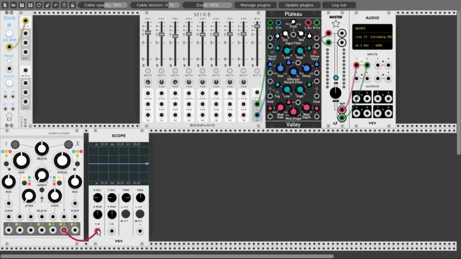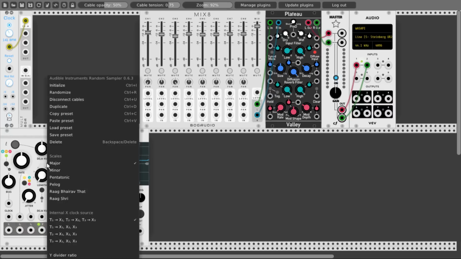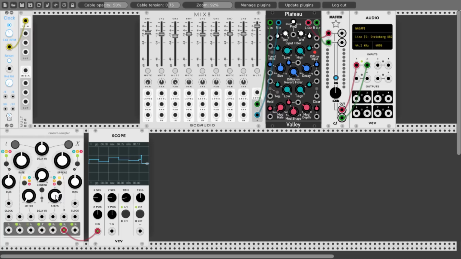With the steps knob, we can decide if we want full sample and hold at 12 o'clock like it is now. Turning the knob to the right will quantize the signal in different ways. Around 1 o'clock it will quantize to a chromatic scale, so we'll get all the notes. More to the right it will quantize to a scale that we can choose from the right click menu. We can choose major, minor, pentatonic and so on. And the more we turn it to the right, it will let fewer and fewer notes through, until all the way to the right we will get just the octaves of the scale.